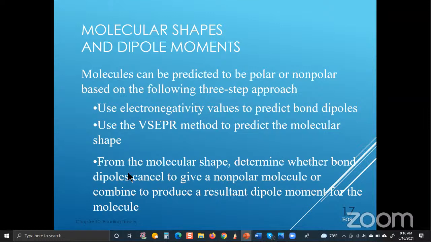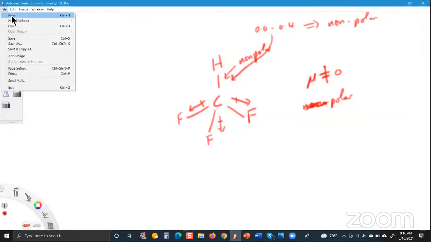One thing I should add to this list, and it would be the very first step, is that you have to draw the Lewis structure of the molecule, because in some cases you might be given the formula for the compound, molecule or ion, and asked to determine whether or not the molecule is polar. So just to give you maybe one or two examples, let me go back to this again. Okay, let me make up one right here. Let's say you're given